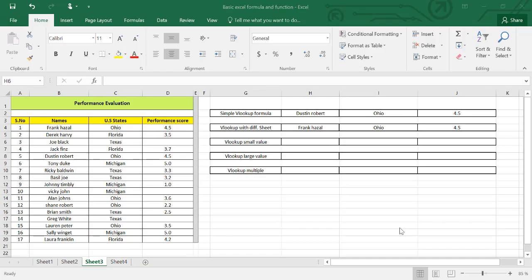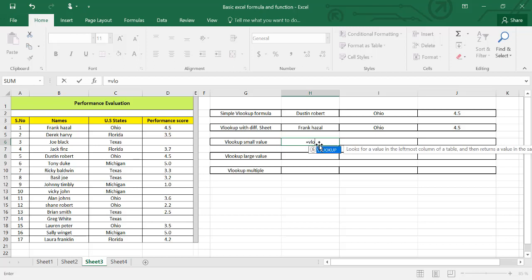Now we'll jump towards VLOOKUP for the small value. For this we will use the VLOOKUP formula, adding a minimum range formula, like VLOOKUP bracket close. Now we'll add a formula into the VLOOKUP formula, which is the MIN formula. Now we'll select the range. Let's say we want the smallest value. We want to figure out the smallest value out of this performance score. So we will select this range,